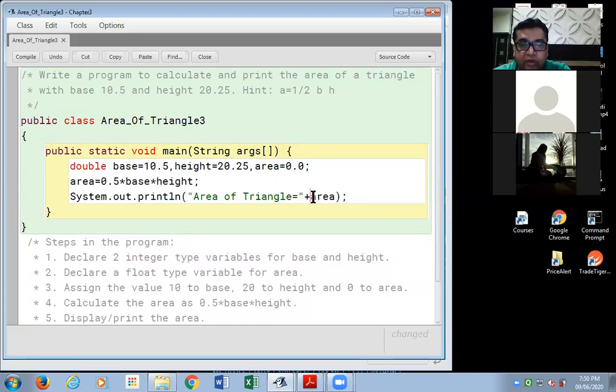This area which I have written is a variable, and whatever its value is will be printed next to this text. You call it text, you call it string. Next to this text, the value of the area variable will be printed. Then we end the function and we end the program.